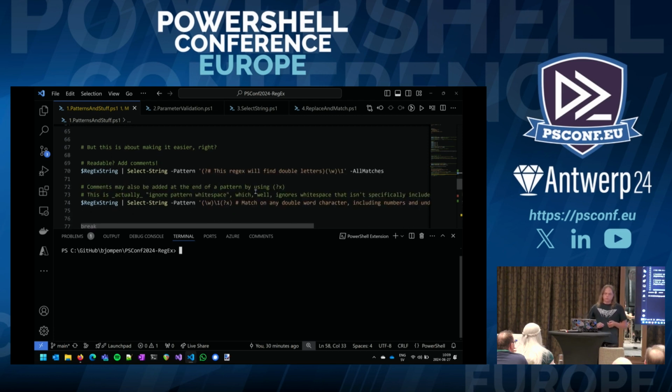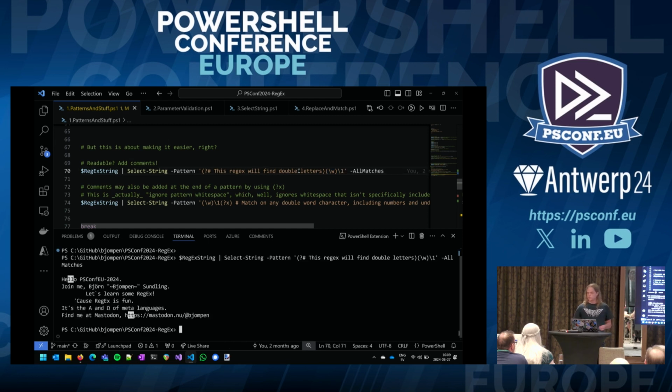So the first thing I want to show you, and one of the most underused Regex tricks, is that you can use comments. We have comments in PowerShell, where you do a hashtag and write a comment. Pretty much the same works here. So we can do parentheses, question mark, hashtag, and we can have comments in our Regex. This one, I showed you before, has the capture group word character, and this will return double characters. Well, this one will return the same thing, except this time we have a comment saying, hey, this is what we're going to do. Which kind of makes sense, because Regex isn't really readable, so we can make it a bit more readable.